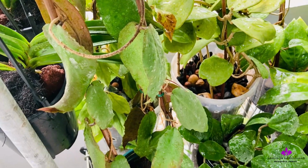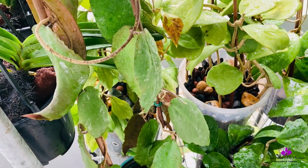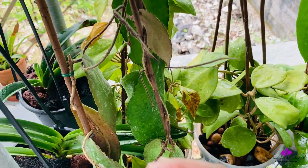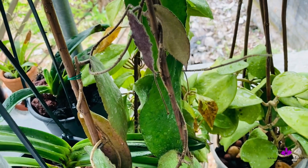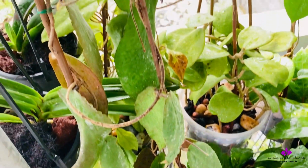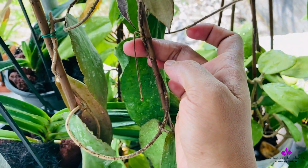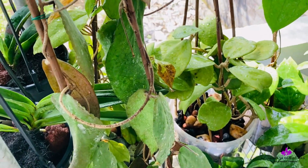They will throw out new panicles, but at the same time they will dry off also if the vine keeps on growing, because the nutrition will be pulled mainly towards the leaves. So if you do not pump in a lot of nutrition at that time, your Hoya might suffer here and there. When it comes to panicles, we normally do not care much about panicles because they pop out of nowhere, they surprise us,